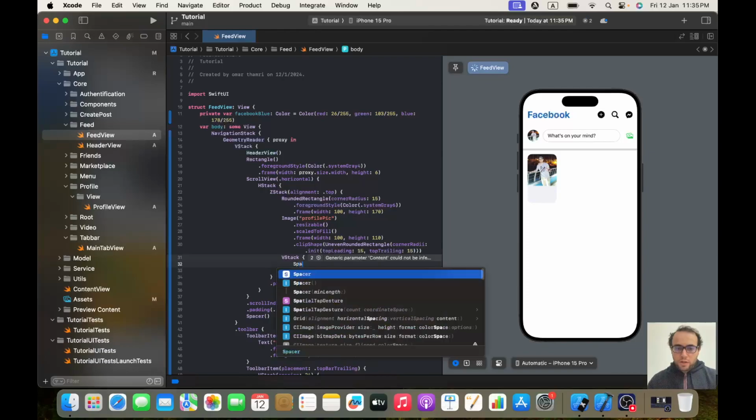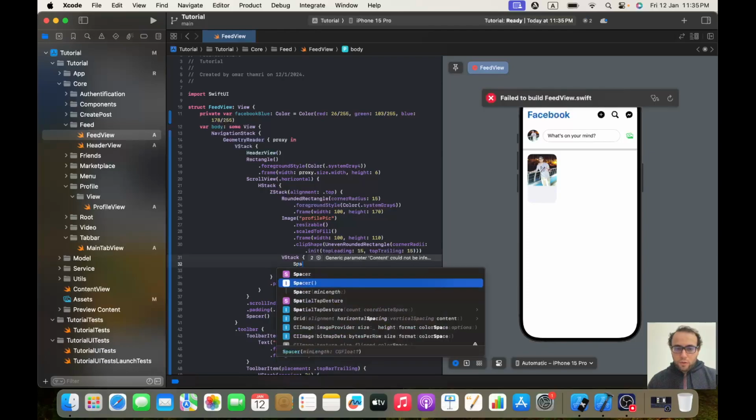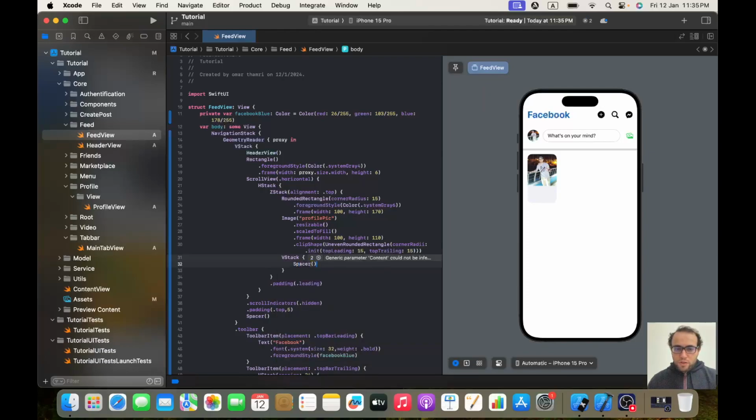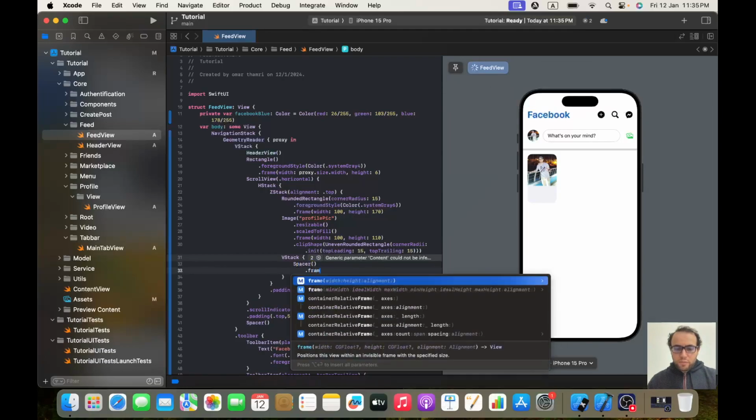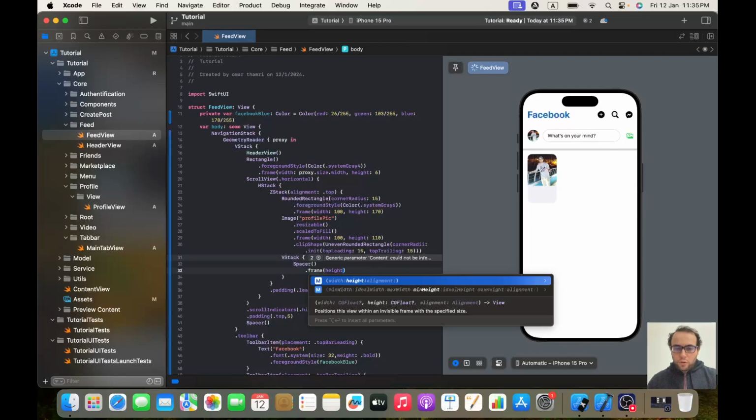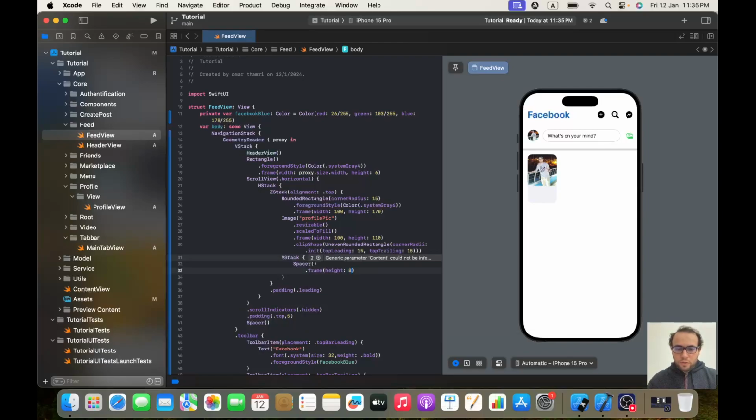Our V stack will have a spacer with dot frame with a height of 90, and I will give it a spacing of 5,